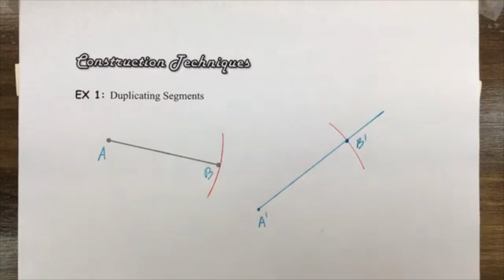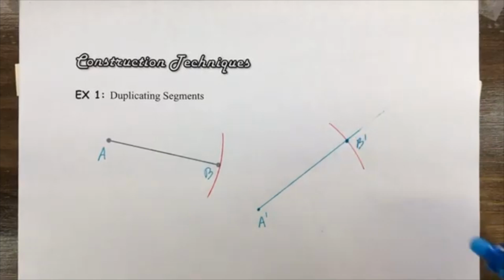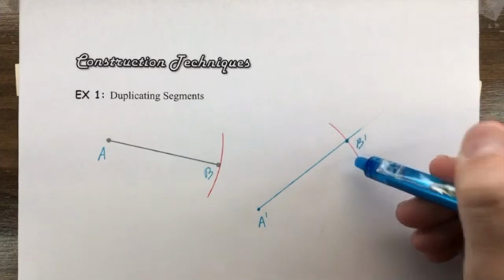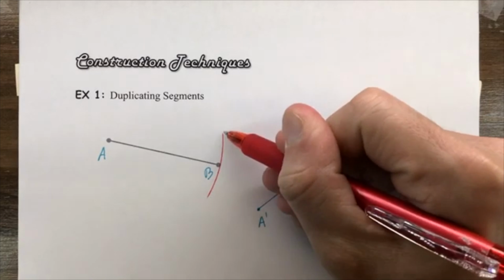Okay, and then you've got some extra things you can choose to erase if you want. You could get rid of the extra stuff they have here. I'm going to leave a little bit just for the sake of the picture. And you can also remove a little bit of the arc that we have there. So if all you really wanted was A prime to B prime, you can just take that out, take that out and take that out, but I'm going to leave them for the sake of just keeping them in there. The idea behind why this works is that every point that would be along this arc